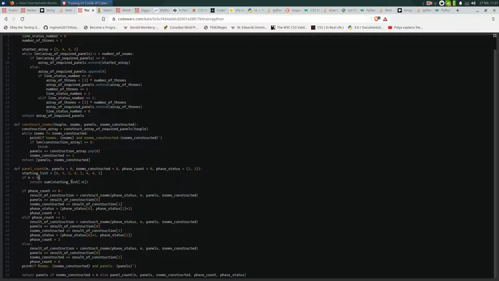So how do we fix this? This is starting list, and if, let's do it like that. If rooms constructed is less than 9. Alright, just like so. So here, if rooms constructed is less than 9. So this is 1, 2, 3, 4, 5, 6, 7, 8. So it's rooms 1, 2, 3, 4. Yeah. So if it is less than 9,